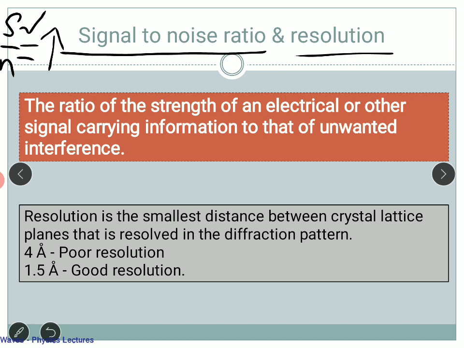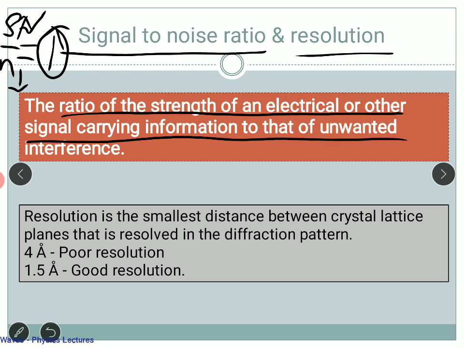The denominator should be a higher value and the numerator should be a lower value. That means the noise is less and the signal is high, so the signal to noise ratio is high. That means you are getting a very good signal. It is the ratio of the strength of an electrical or other signal carrying information to that of the unwanted